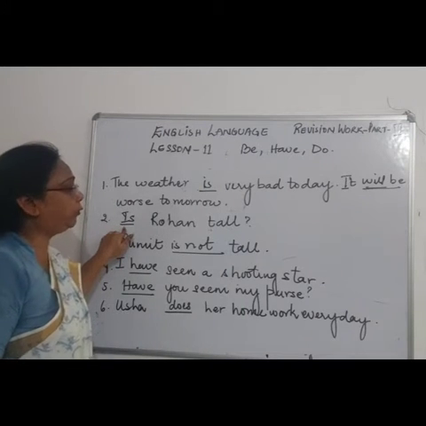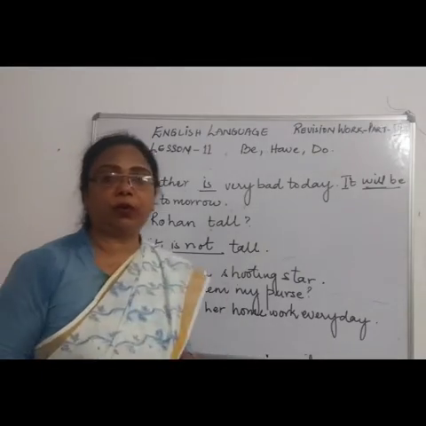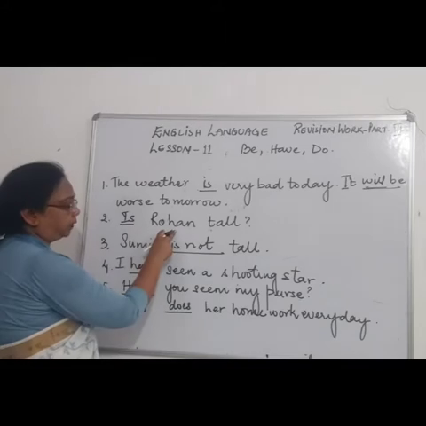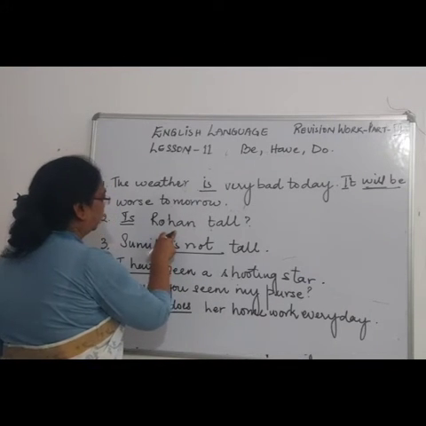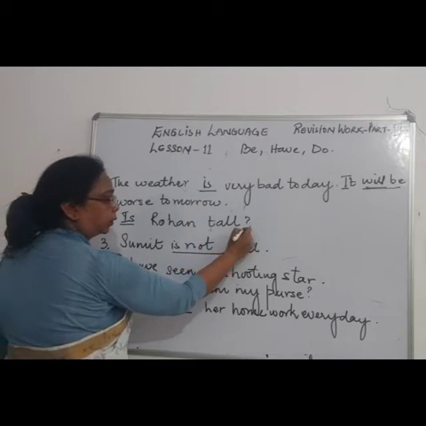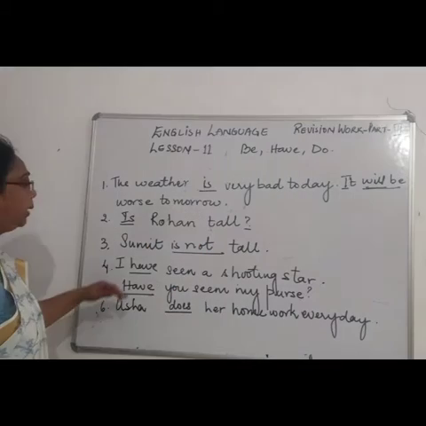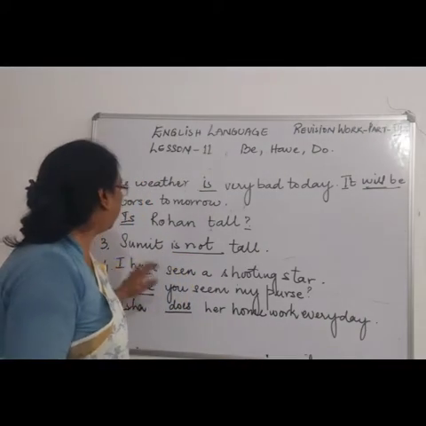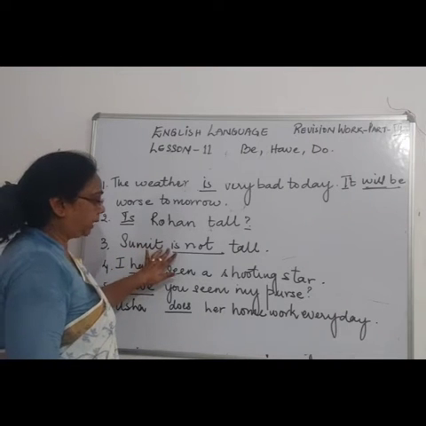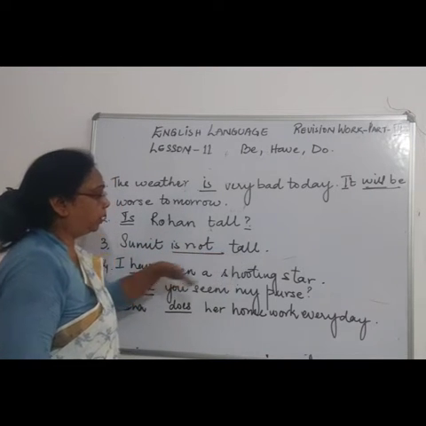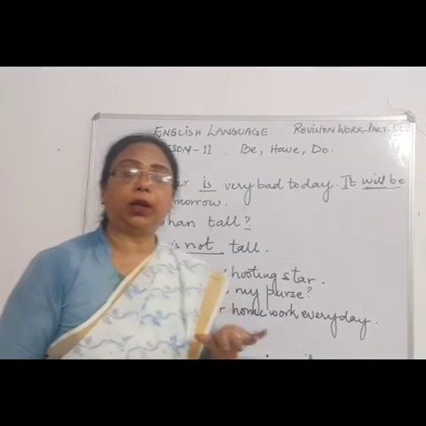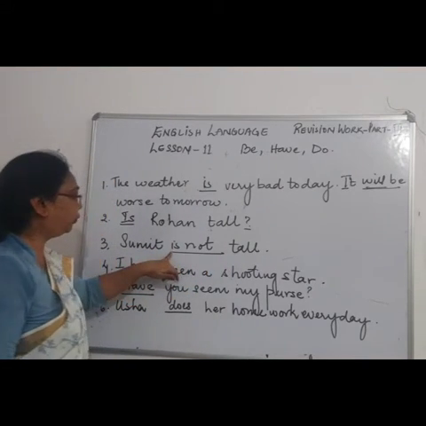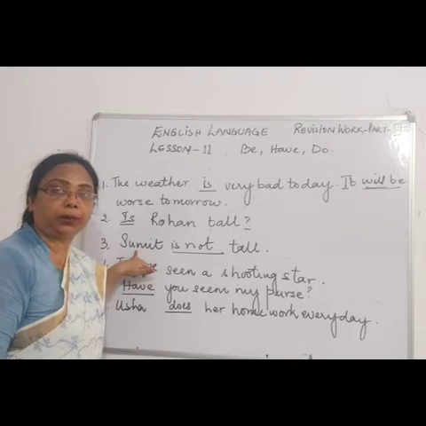Now over here, when we have to make a question form of a statement, then the verb comes first. Now Rohan is a singular person. So, is Rohan tall? Question mark. Right. Sometimes when we use "not" in a sentence to make a negative sentence, so then Sumit is not tall. Now they are talking about the present tense. So Sumit is not tall. Why I have used "is" is because Sumit is a singular person.